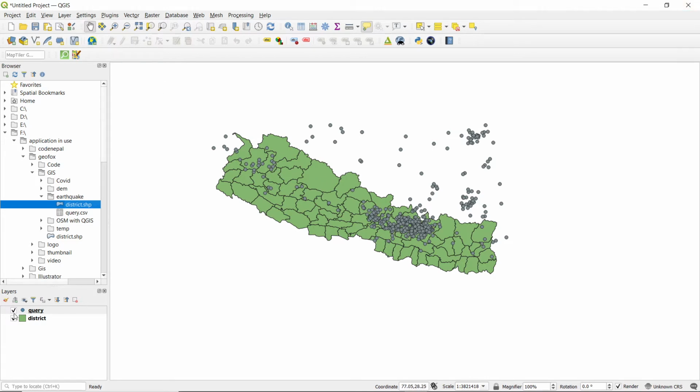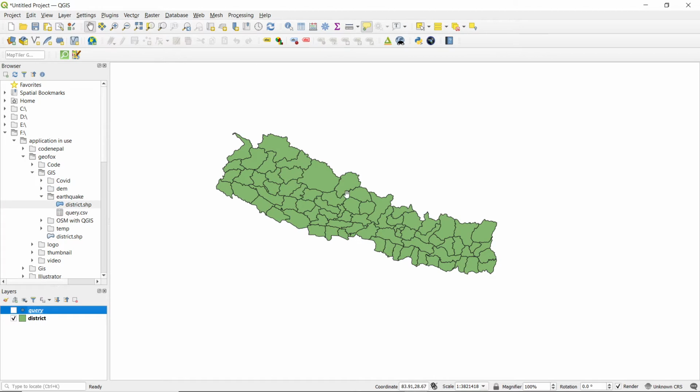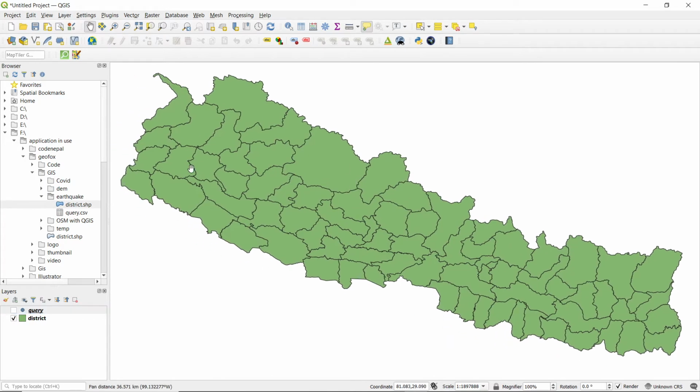So for this case, I will first add all these polygons and make a single layer of the outline of Nepal. So for this, I will select the districts individually. Okay, so for this, first select this district, and then I have to do this manually. It will be easy for me to do. And after this,